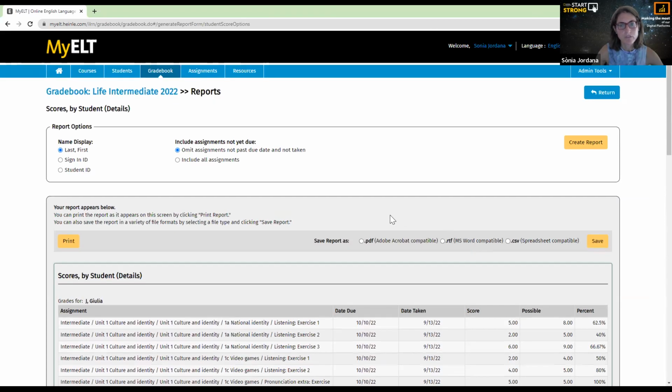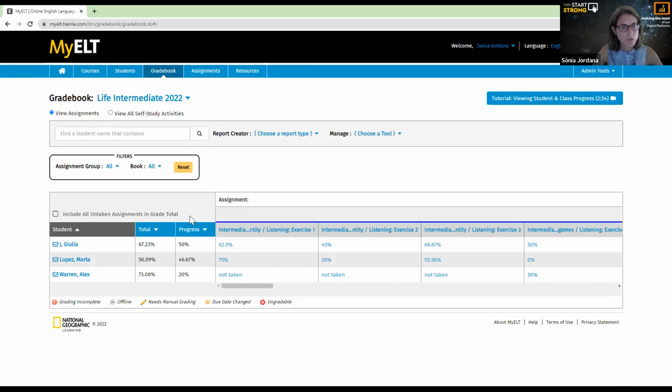But the most important thing here is that you can print out this report, and also it's possible to save it as a PDF, as an editable Word file in this case, or as a spreadsheet for you to enter other grades if you wish. So you would select this and then save and print it out, export it to your device. Okay, right. So what we will do now, we will go back to our